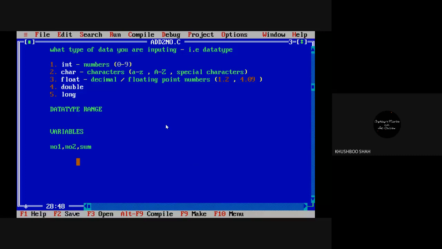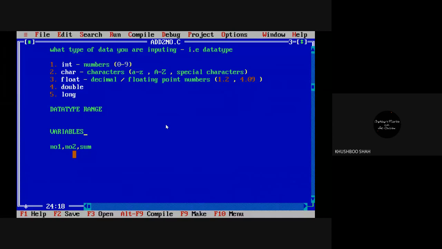Can you see the screen? Yes, ma'am. So last, variables, right? Yes, ma'am. Okay, so let's start with the variables.